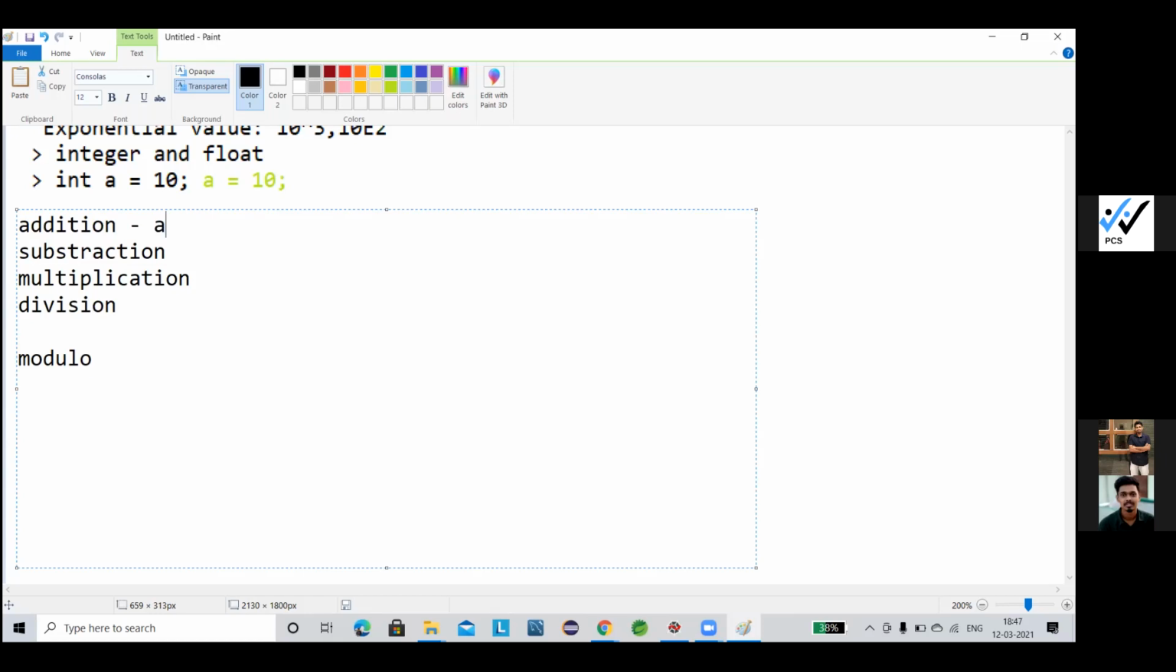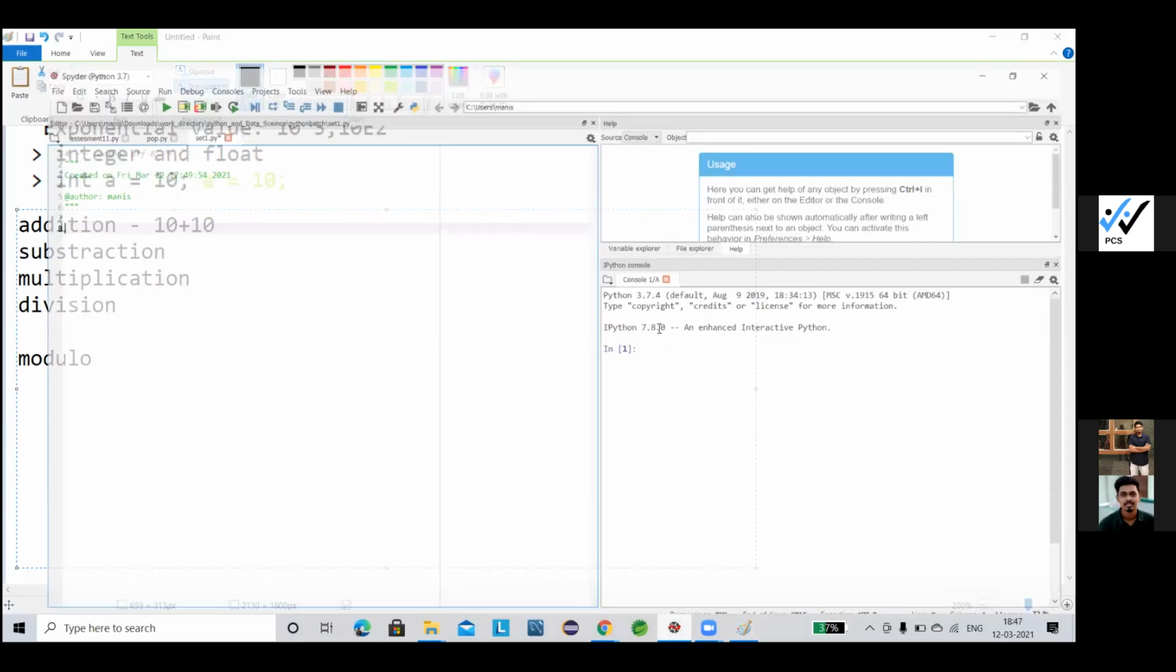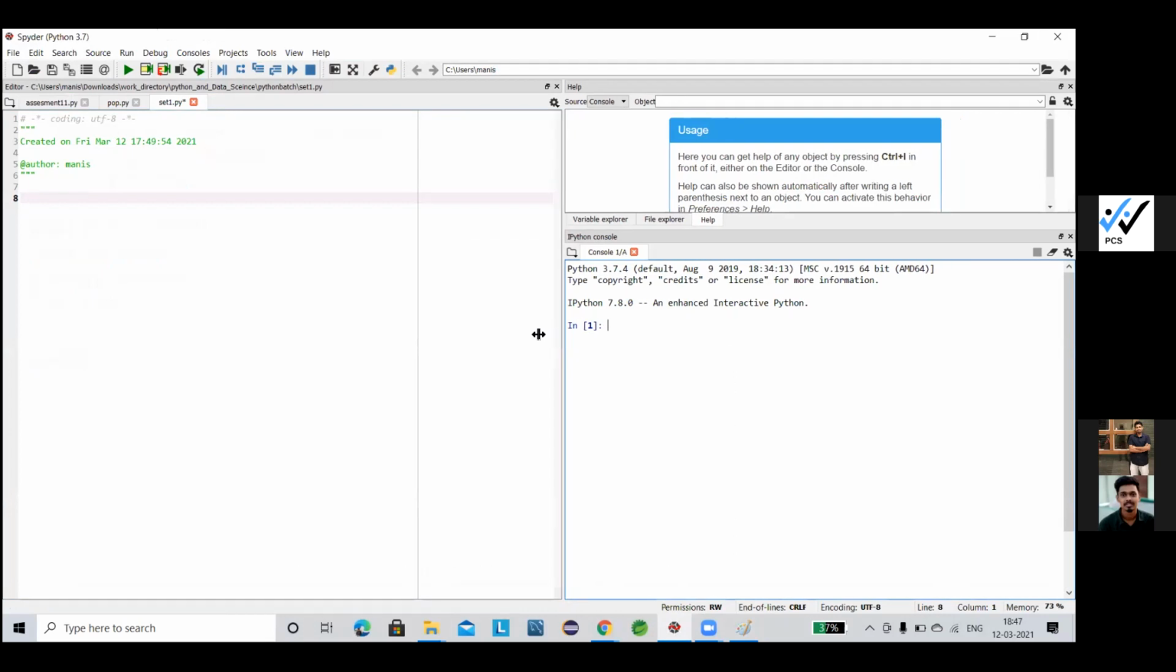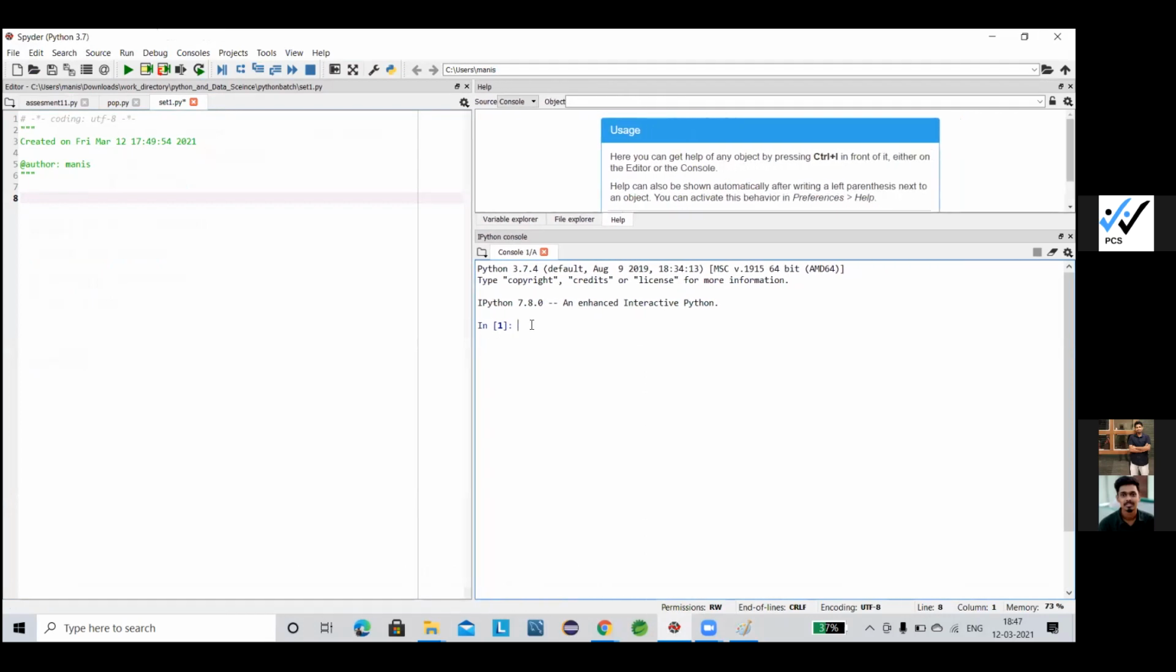Addition is nothing but just doing 10 plus 10. It will make your work simple. So see, the last day I told you that in Python we can execute the code in the console directly. That means here in the interactive mode, this is called the interactive mode, or maybe in the text editor part here. So what you see, suppose if I write down here